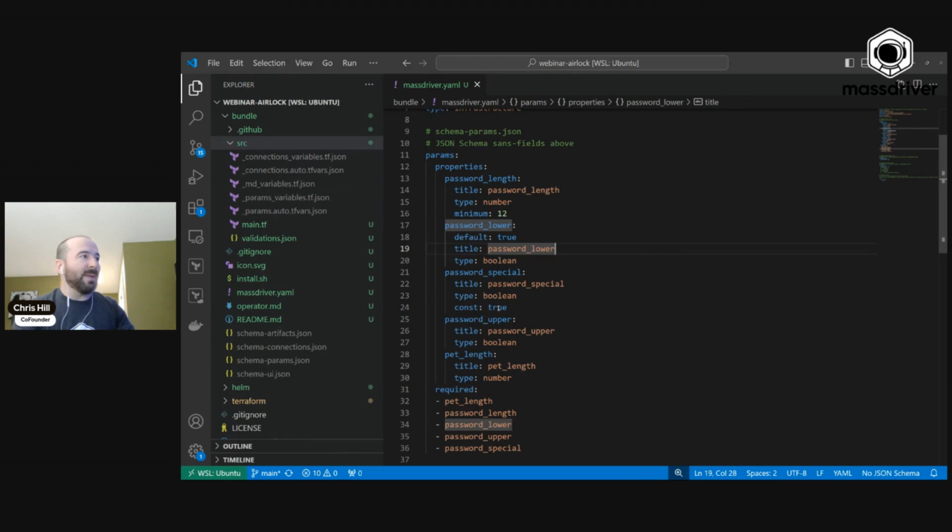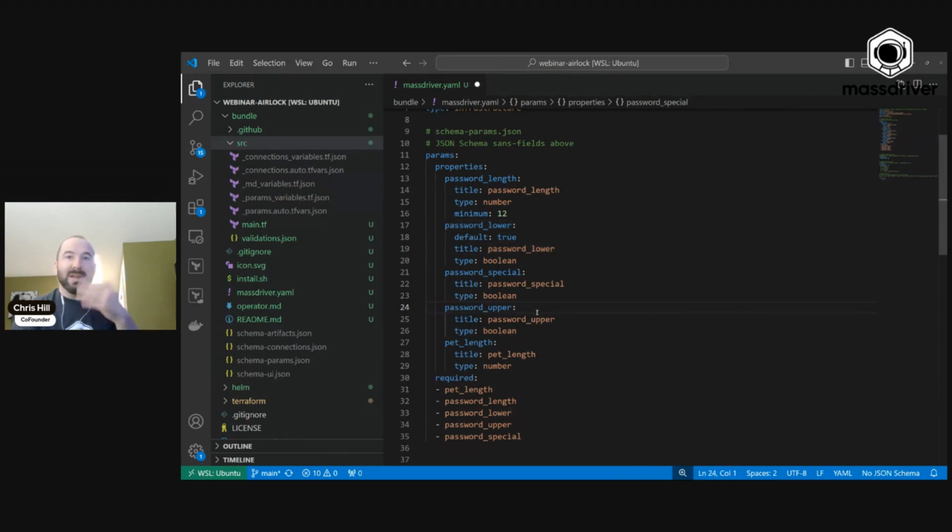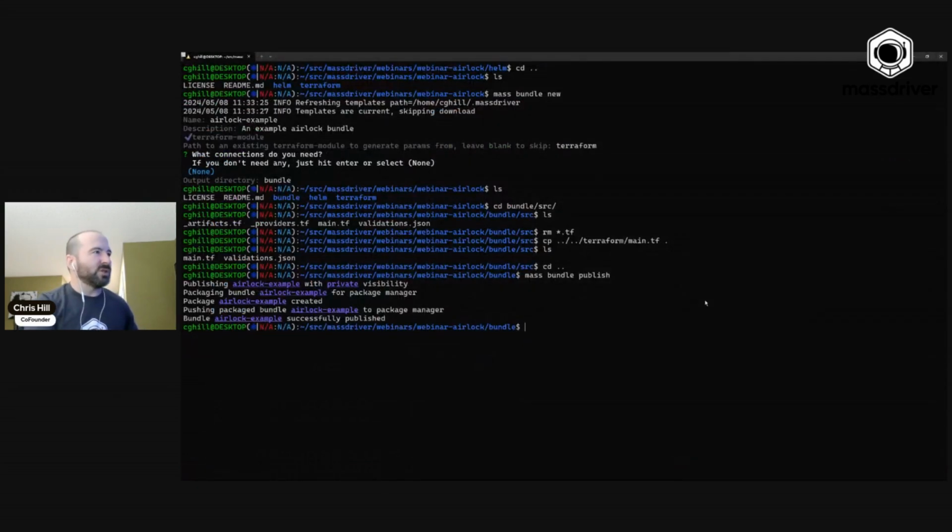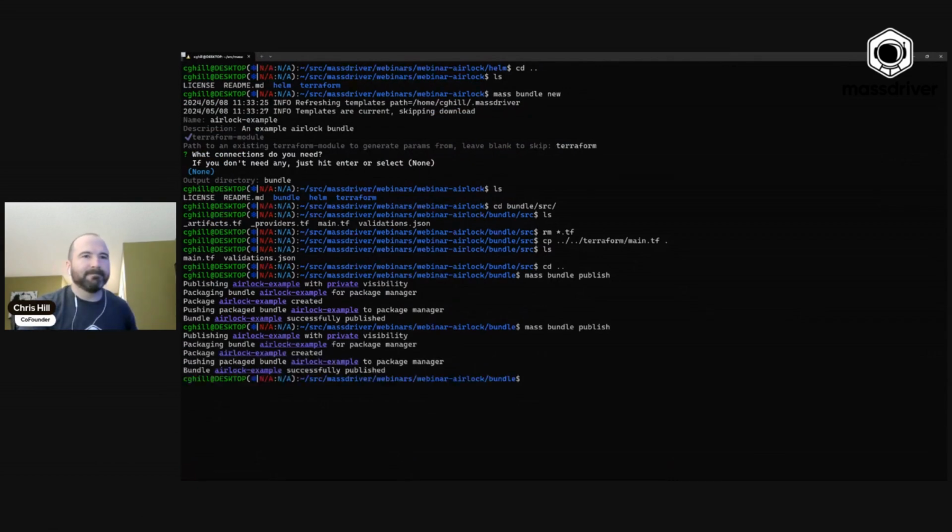Actually, instead of doing that, what I would like to show is enums. This is how you can make it a really rich UI experience. So we can say the pet length is a number. We can actually say it's an enum, and it must be either 2, 3, or 4. Let me save that. I think this will make for a better demonstration. So let me publish this again. If we go back into Massdriver